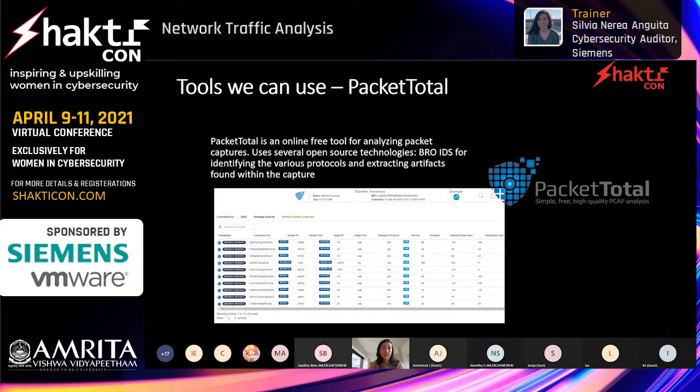Then Packet Total, this is a free online tool for analyzing captured packets. It's similar to, I don't know if you know, VirusTotal. You drop your pcap file there and it will analyze it. It uses several open source technologies, as I mentioned. Zeek, an IDS, for identifying the protocols and extracting the data from there, Suricata for identifying any malicious activities happening on the network, and Elasticsearch for extracting the metadata from